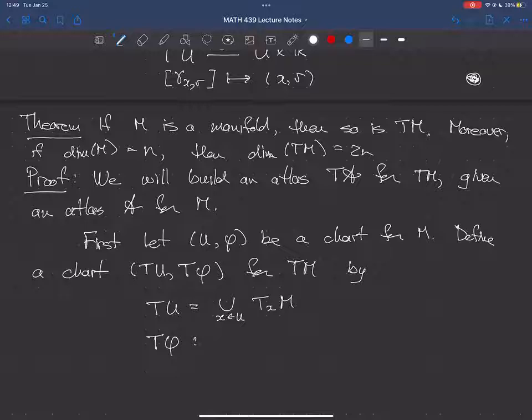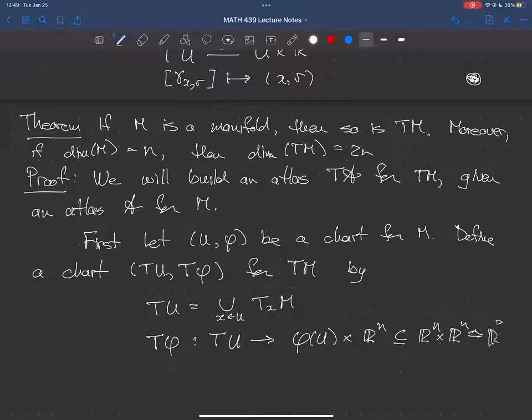Okay, so T phi is a chart whose chart domain is TU, and so its domain is going to be TU, and it's going to map into phi of U cross Rn, and that's going to be thought of as being a subset of Rn cross Rn,